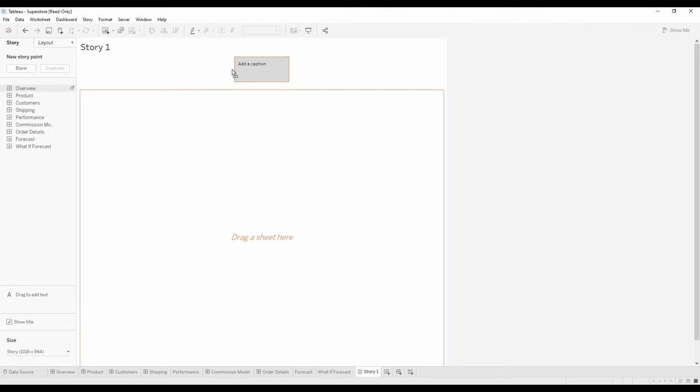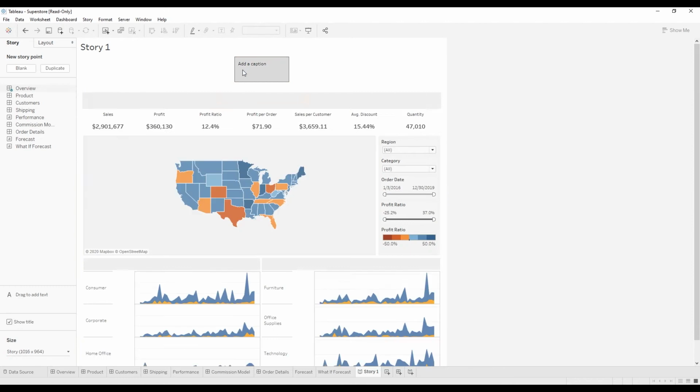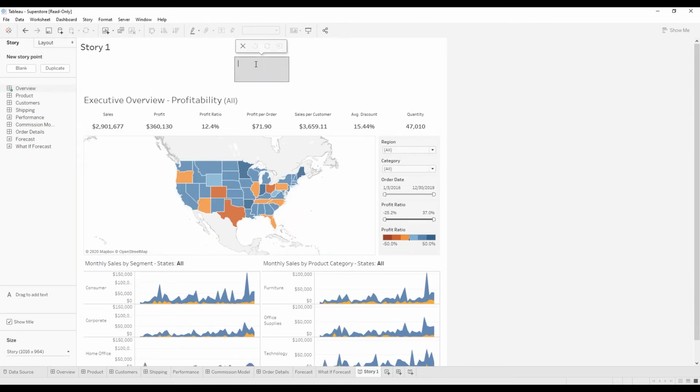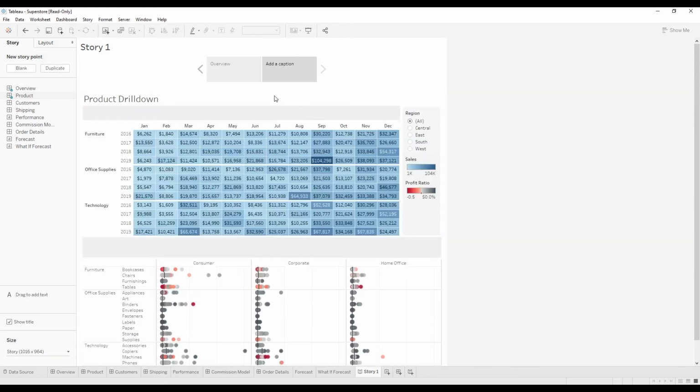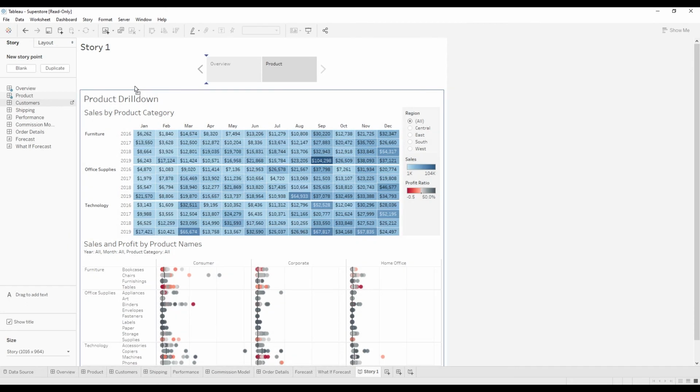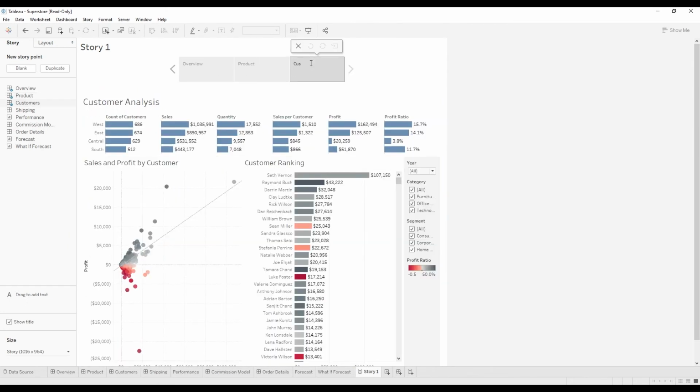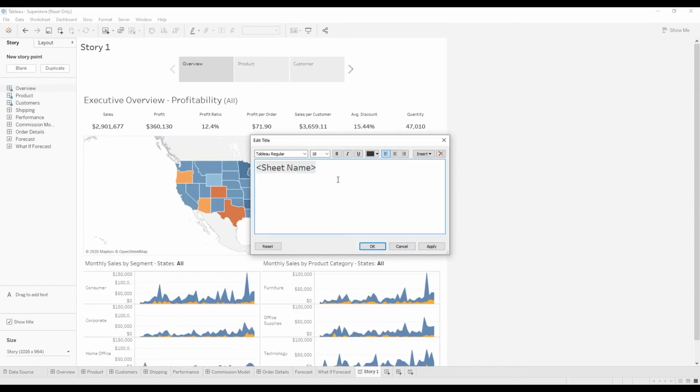We can say throw the overview dashboard as the first one. Let's name this overview. Now the product dashboard, if we navigate before or after, let's put it after. Call this product. And then finally, let's just use 3 and stick with the customer dashboard. And let's call this